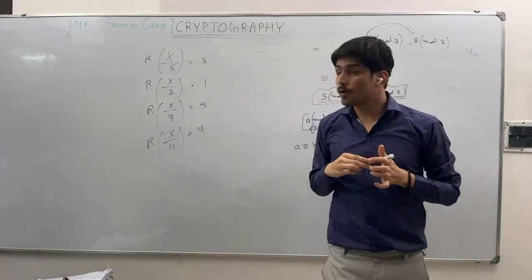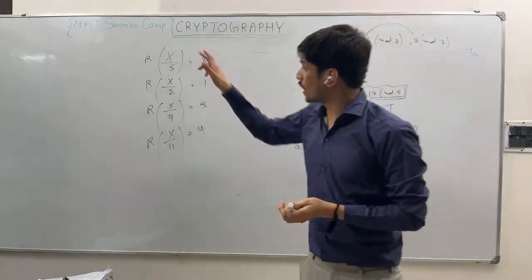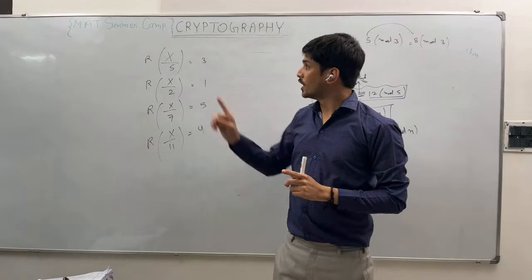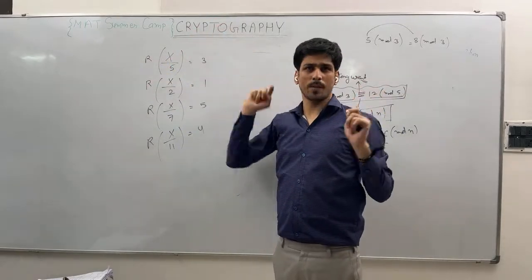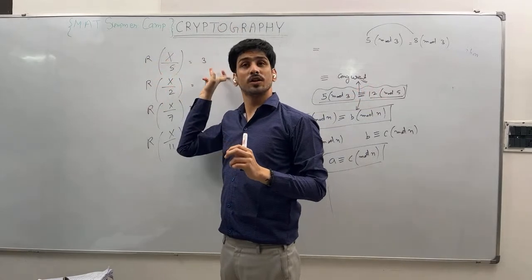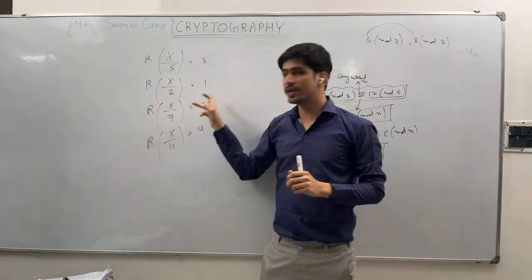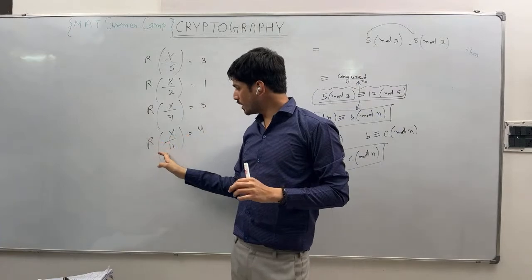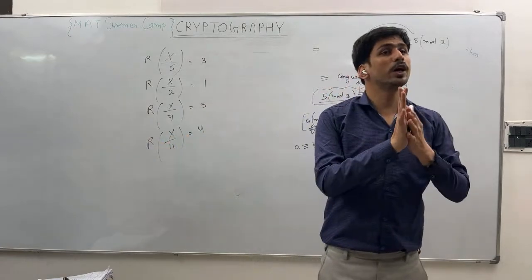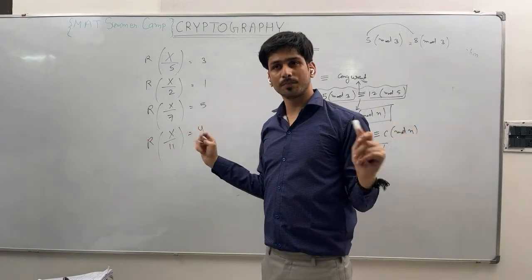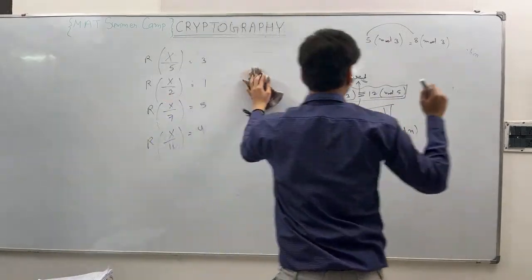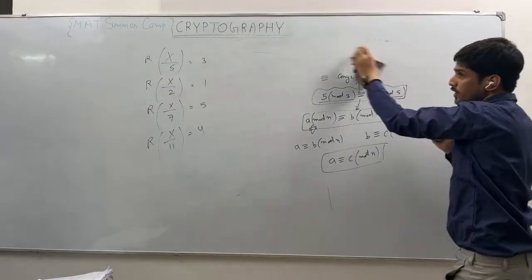Now the thing is, how can we solve this for x? Are you getting my point? We have a number which, when divided by 5, leaves remainder 3; when divided by 2, remainder 1; when divided by 7, remainder 5; when divided by 11, remainder 4. We have to solve for the value of x. Is it clear? This is where we'll use the Chinese remainder theorem,